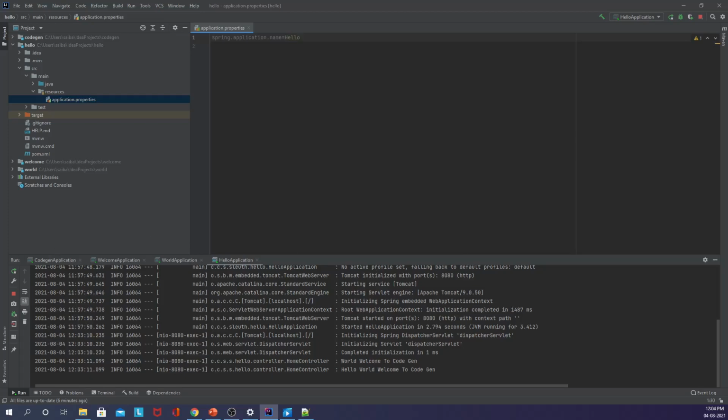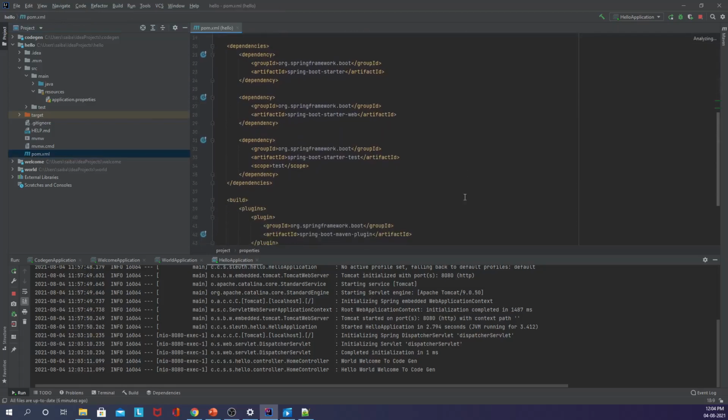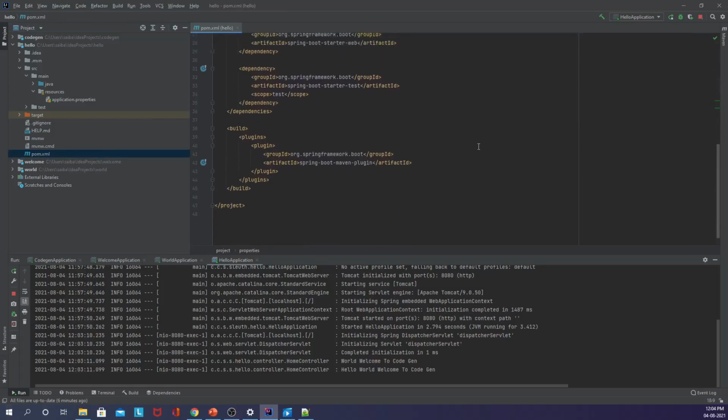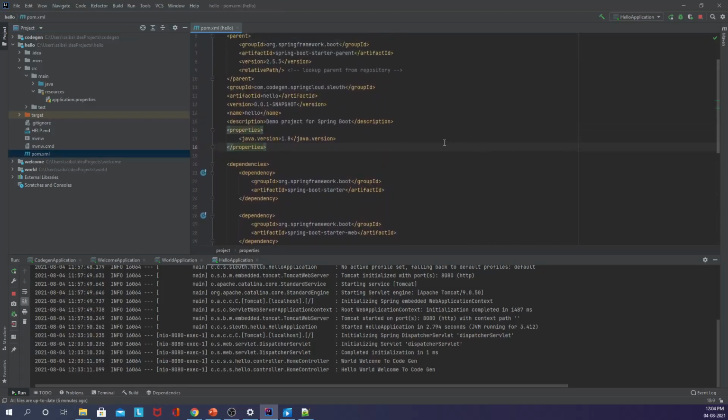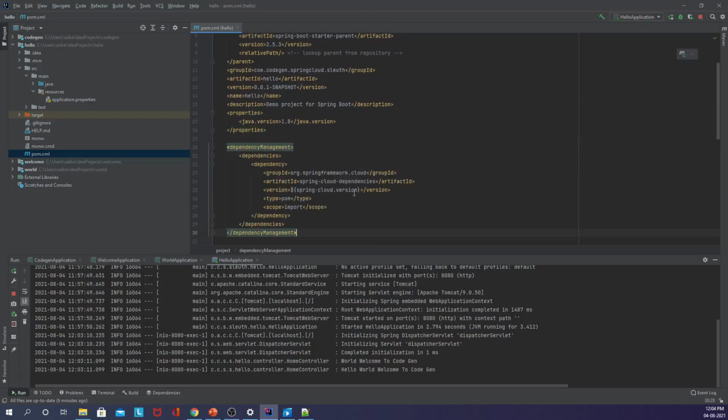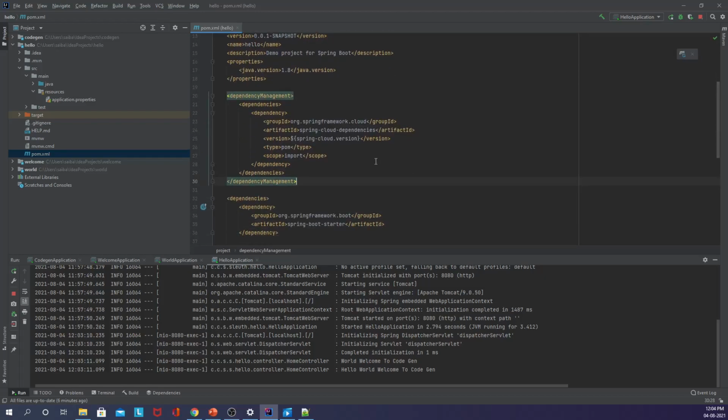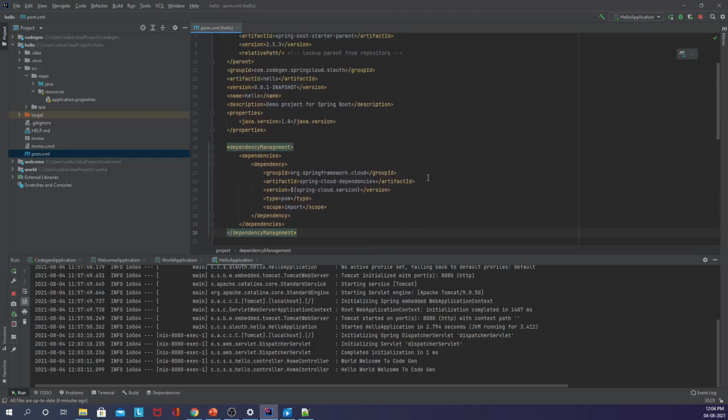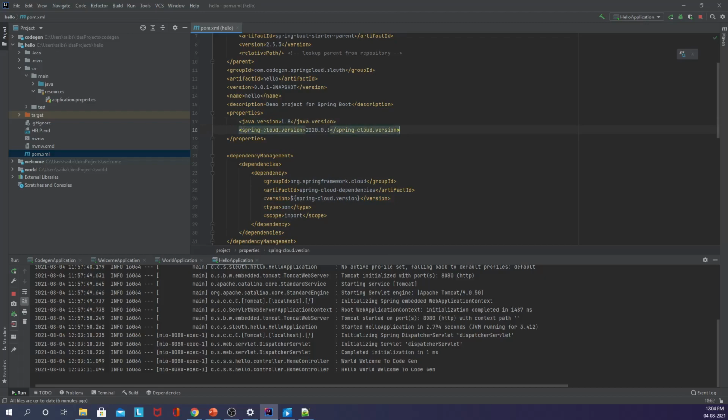And the next thing we need to do is add a dependency management section within the pom.xml file, for the BOM for the Spring Cloud dependencies. We need to add these Spring Cloud dependencies and add a version number for them. I have to add a property in the properties section to give the version ID.